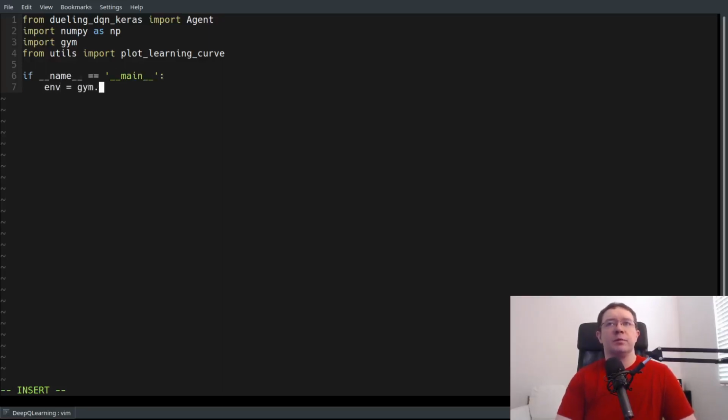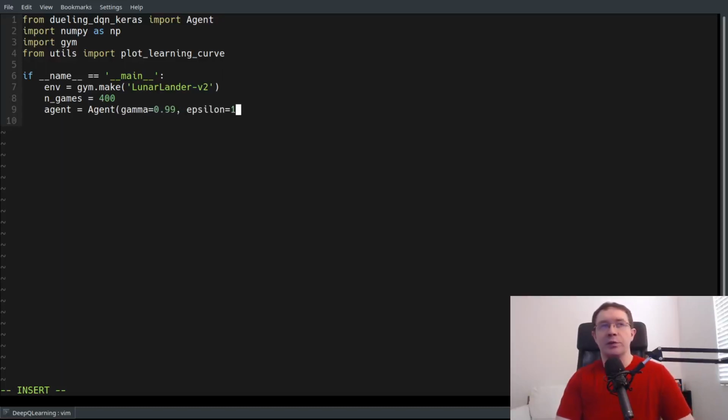env equals gym.make LunarLander-v2. n_games equals 300. You know, let it run 400 or so. There's a fair amount of variability from run to run, so letting it run a little bit longer may give more dramatic results. Agent equals Agent, gamma 0.99, epsilon equals 1 to start, learning rate 1 by 10 to the